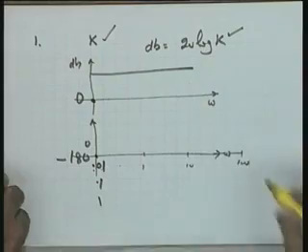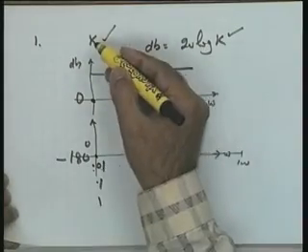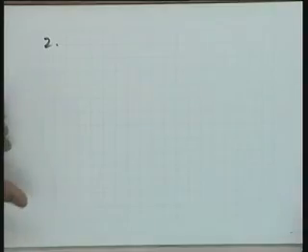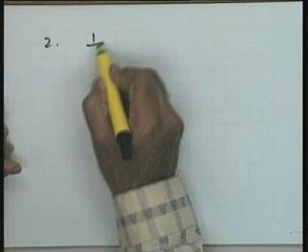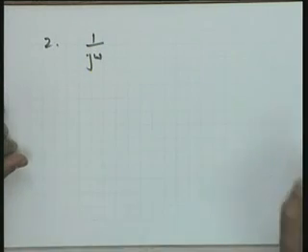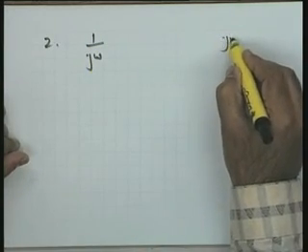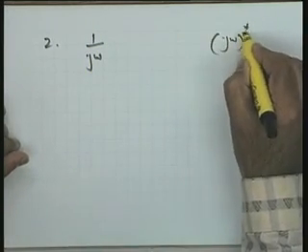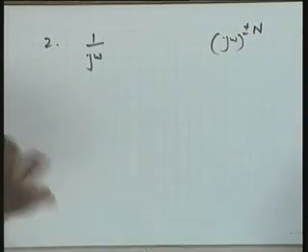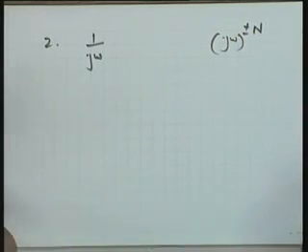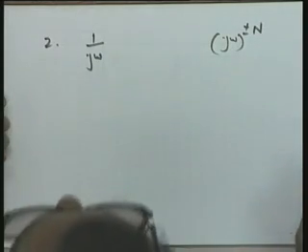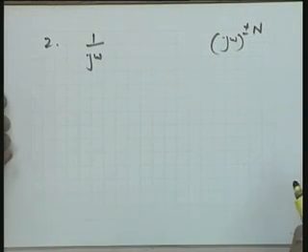So coming back to the first building block, I find that the first building block is simple constant k, and it does not create any problem. A magnitude line, horizontal, and a 0 phase line. Go to the second building block, please. The second building block, let me take 1 over j omega. Though I told you in general it is (j omega) to the power plus minus n. Let me get started with only 1 over j omega, and then I will see what happens if the type of the system increases from 1 to 2 and so on.